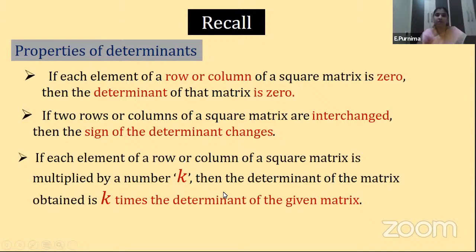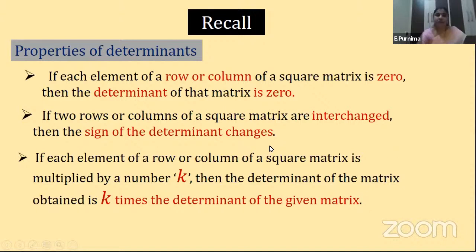Is it clear, children? See, there is a difference between the determinant and matrix. If you multiply a matrix with k, we cannot multiply a single row or a single column with any scalar quantity in a matrix. If any such multiplication you have to do, you should do it for the entire matrix. Understood? So keep that point in mind. If in any matrix I want to multiply with any constant k, the whole matrix should be multiplied, means all the rows and all the columns. Is it clear? But in case of determinants, we can do it individually. Means the scalar can be multiplied with a single row or a single column also. Is it clear? So that point is very, very important.